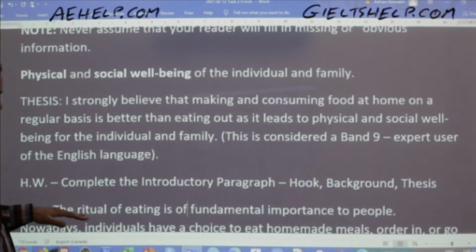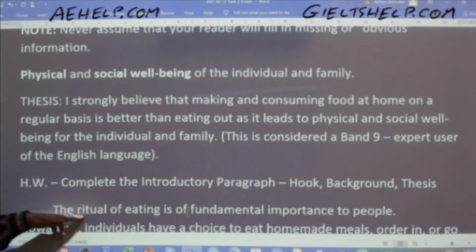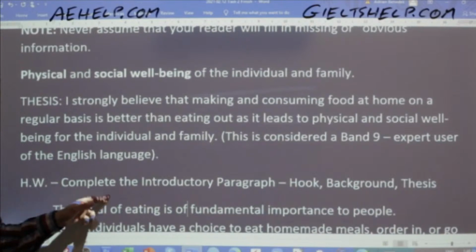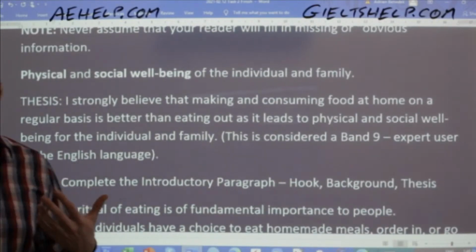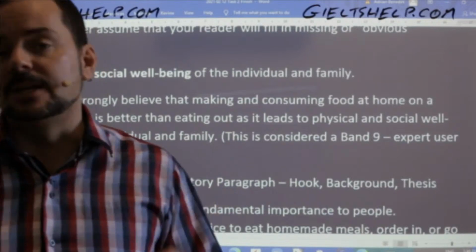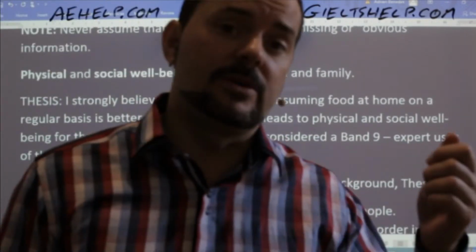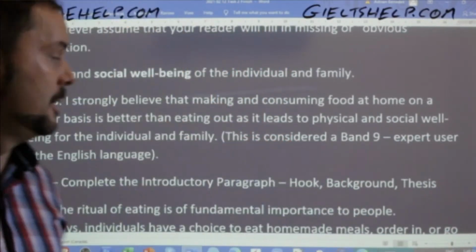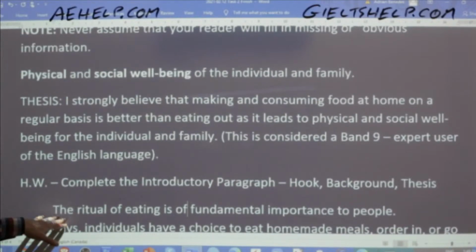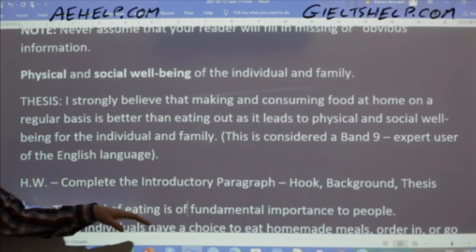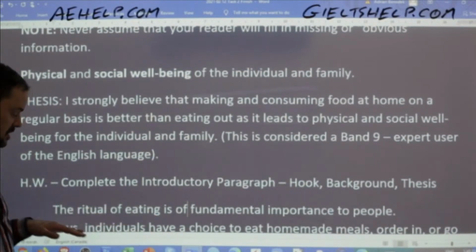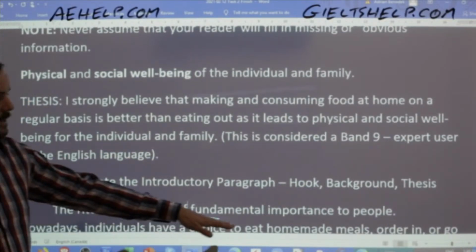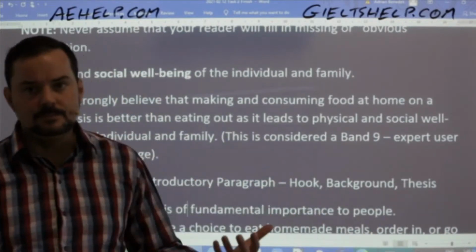So the ritual. So eating, I'm equating it with the ritual. Because for humans, eating now is much more than simply an instinctual behavior, right? We sit down, we have our chopsticks or our fork and knife, or we use our hands, we have a plate, and we have customs associated with it. So I'm visualizing this and I'm keeping it simple. It includes, of course, the place where I'm eating as well and who I'm eating with. So the ritual of eating food, or of eating, keeping it even more simple, the ritual of eating is of fundamental importance to people. Okay?